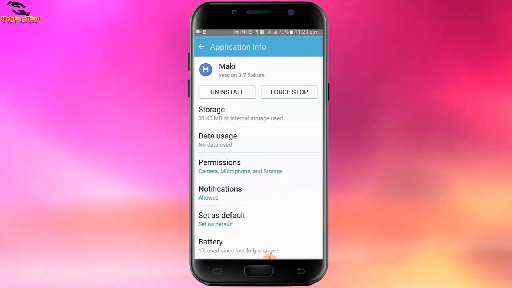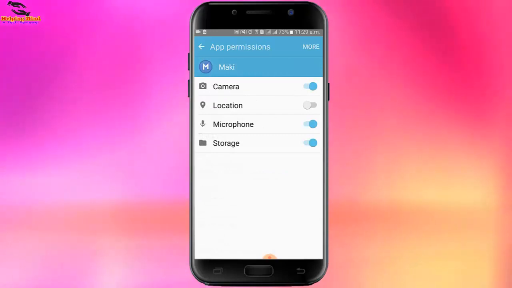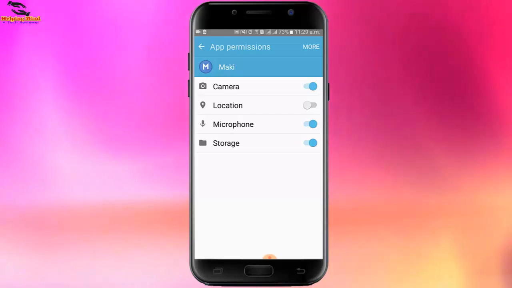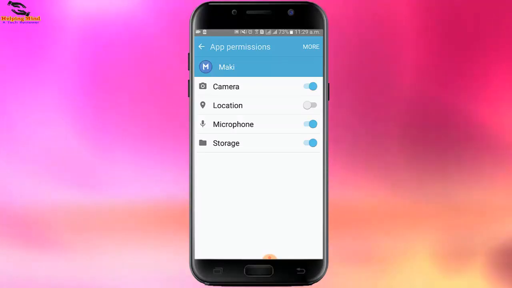I will tap on permissions, and here we can see 4 different permissions: camera, location, microphone and storage. There is a harmful ingredient, location. I will disable it. You can also disable it. You can also enable it. So we can see there are no harmful permissions, so we can use this app comfortably.